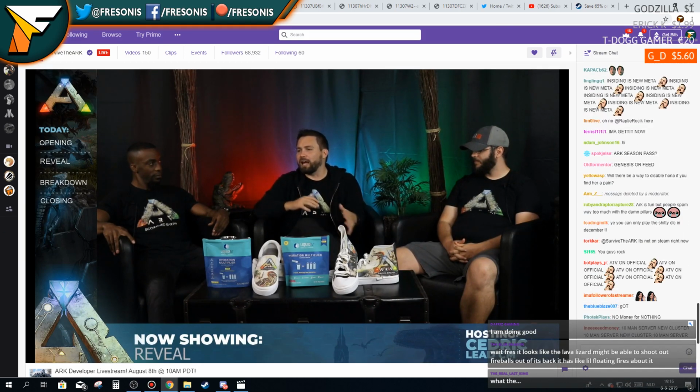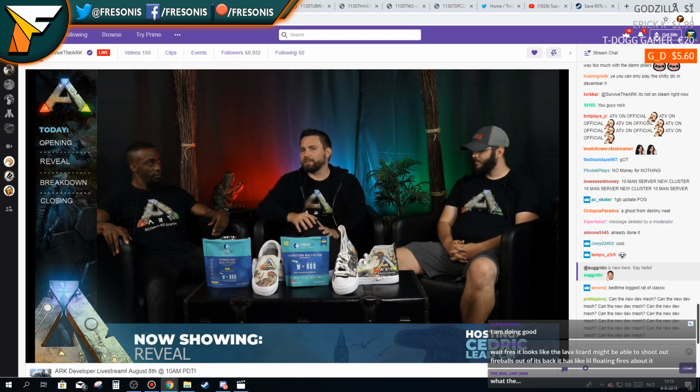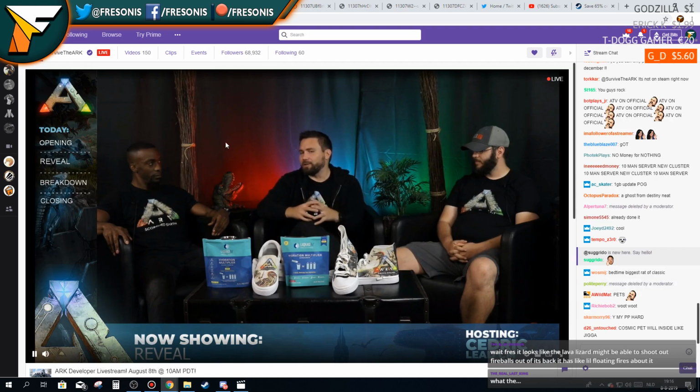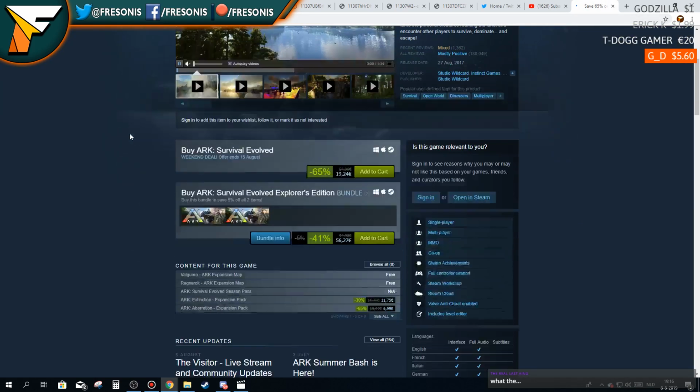It looks like lava lizards might be able to shoot out fiber. Oh, that could be a thing. Cool lore bits, or maybe give you some little things to do in the game as we lead up to Genesis launch, similar to how we had the